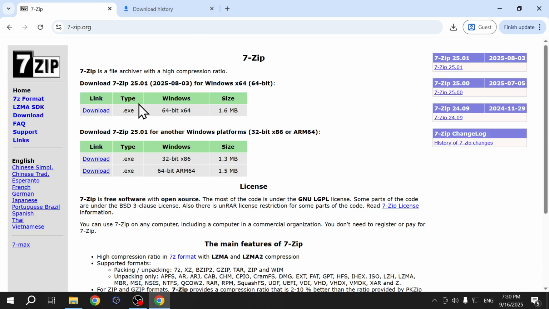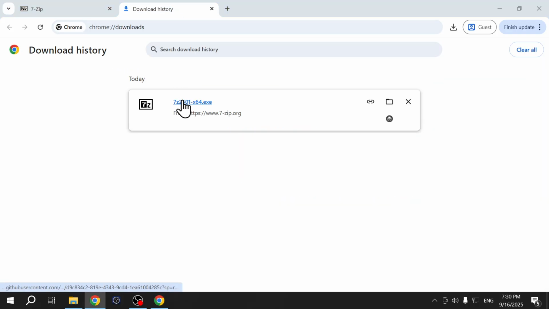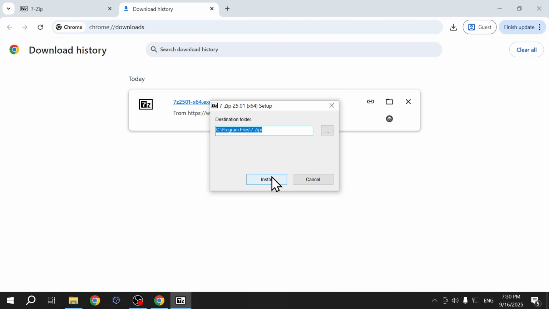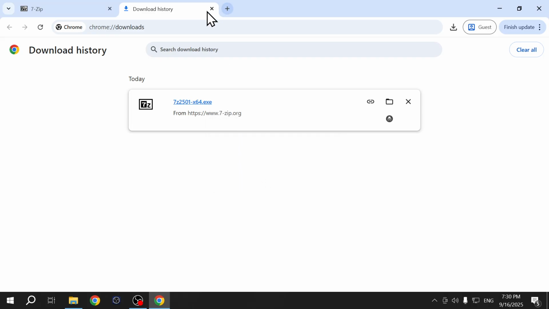And if 64-bit version doesn't want to download or doesn't want to run on your PC, then try downloading this one. After that, run the installation file, select the destination folder. I will go with the default one, click install, and wait until the program is installed. And once it's installed,